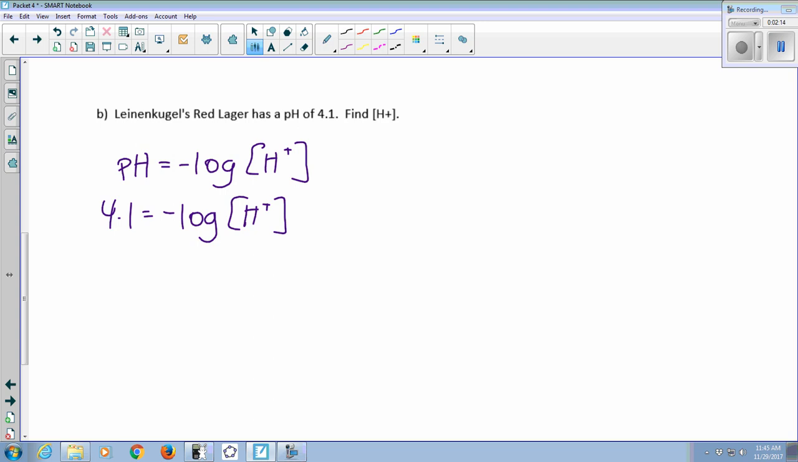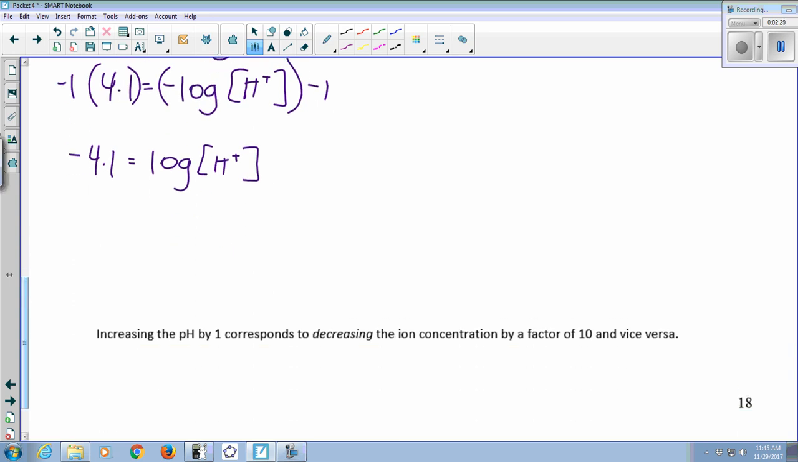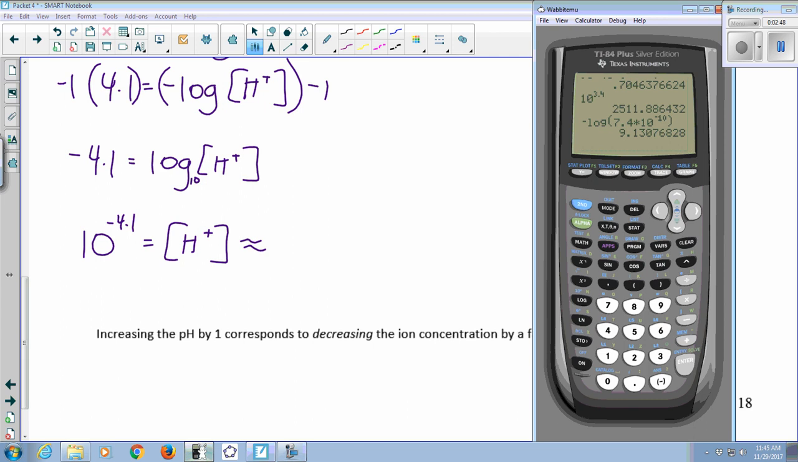So I want to get the log by itself. So I'm going to multiply both sides of this equation by -1. So I have negative 4.1 is equal to the log of the concentration of hydrogen ions. And then I'm going to switch it to an exponential equation because there's an itty bitty invisible 10 there. Switch to an exponential equation, that's my base. The log always equals the exponent, and that equals the concentration of H+. So I just have to, in my calculator, type 10 to the negative 4.1